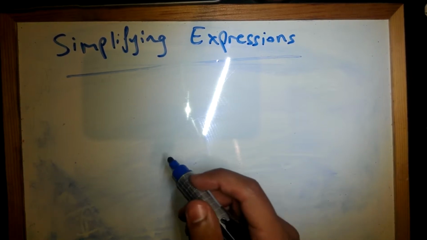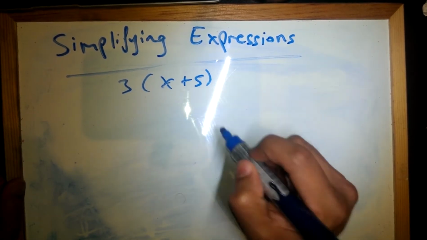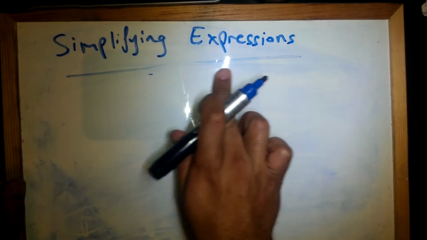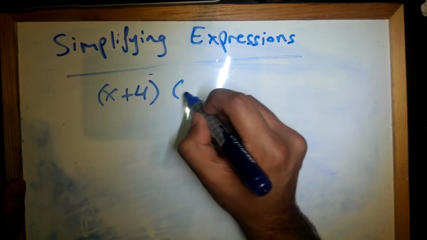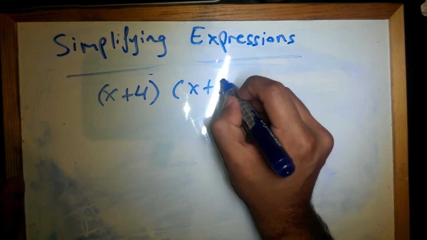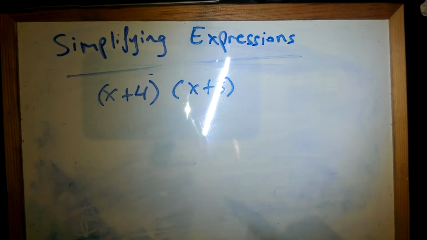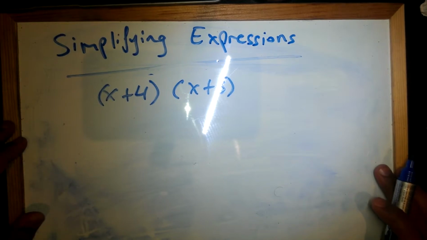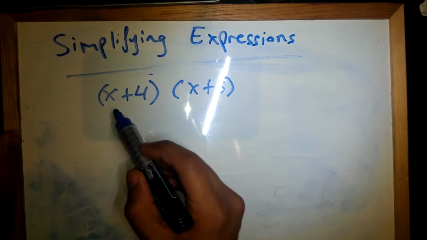Now, instead of having something like 3 multiplied by (x plus 5), what if we made that more complicated? What if we made it (x plus 4) times (x plus 3), where these two brackets, these two separate entities, are multiplying each other. Now what you need to do is multiply everything in the first bracket by the second bracket. Now how are we going to be doing that? Well, if you look at it this way,